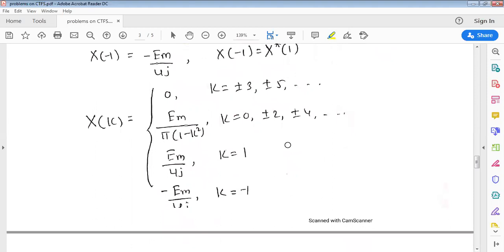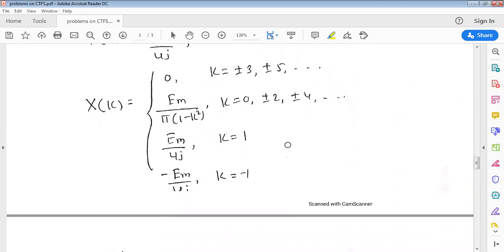Any doubt here? Yes, sir. Are you able to follow? Yes, sir. Yes, sir. Now, only one thing, in this problem the mathematics is more, but when you solve it, you will understand the procedure is the same only. I'm not going to change any procedure, integration and writing x of k.